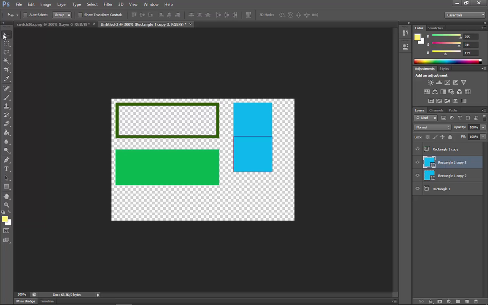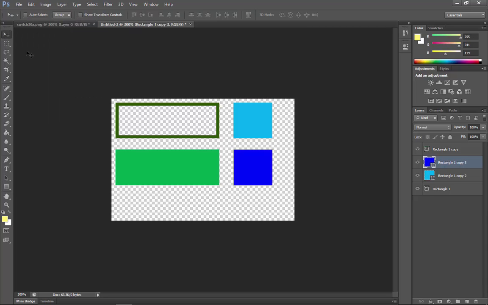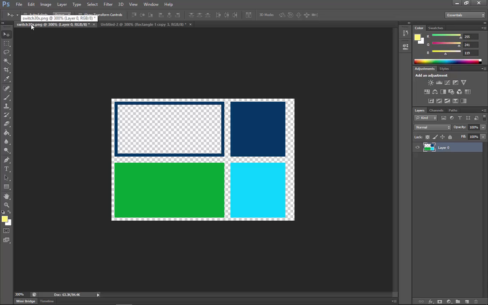Use the move tool, and I can move down the shape. And I can select the rectangle again, and I'm going to change this to a different fill color. You don't need to start out with a 180 by 120 pixel graphic. That's really up to you. Ultimately, you want to start out with a shape that's large enough that when